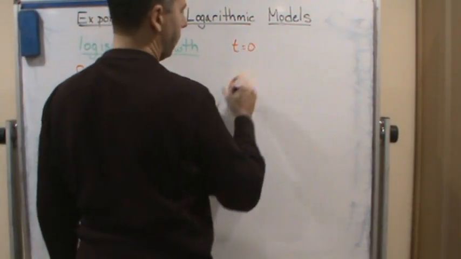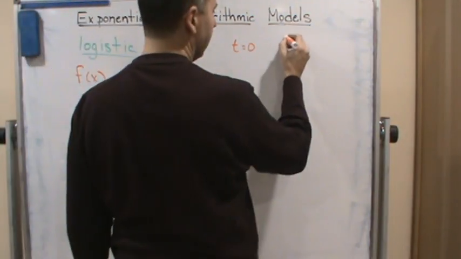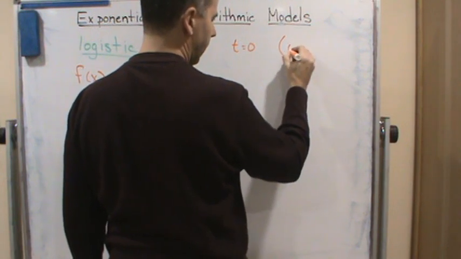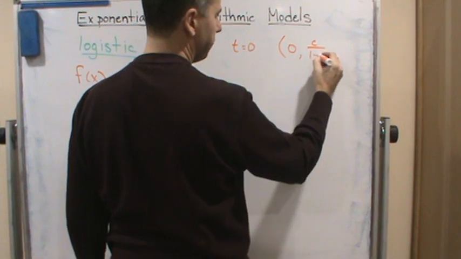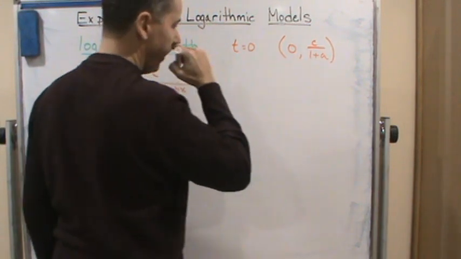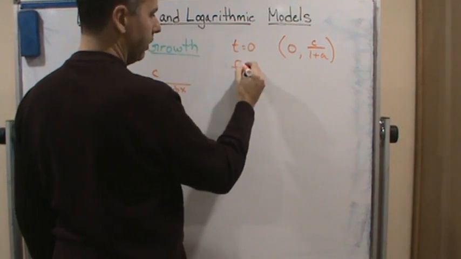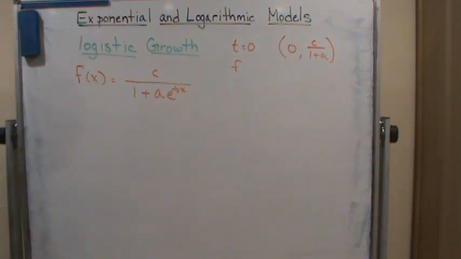When t equals 0, the initial point, we know that the initial point is going to be c over 1 plus a. Okay, so at t equals 0, what do we have? F of t, well in this case,